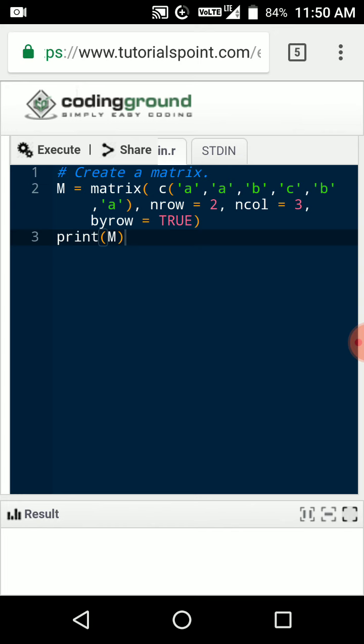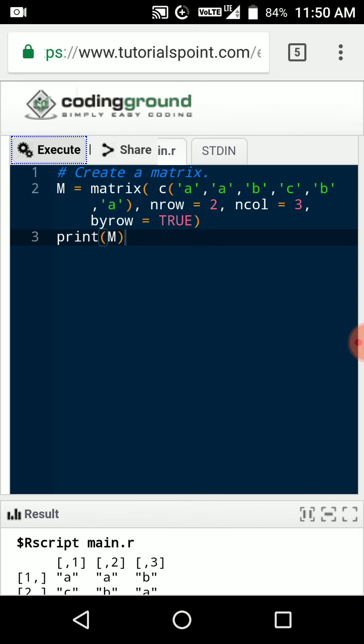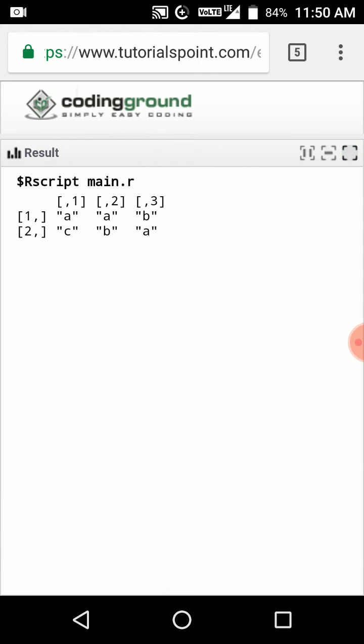That means in a row structure A, A, B are filled first, and after those 3 elements the next elements C, B, A are also filled in the next row. I'm showing the full output.